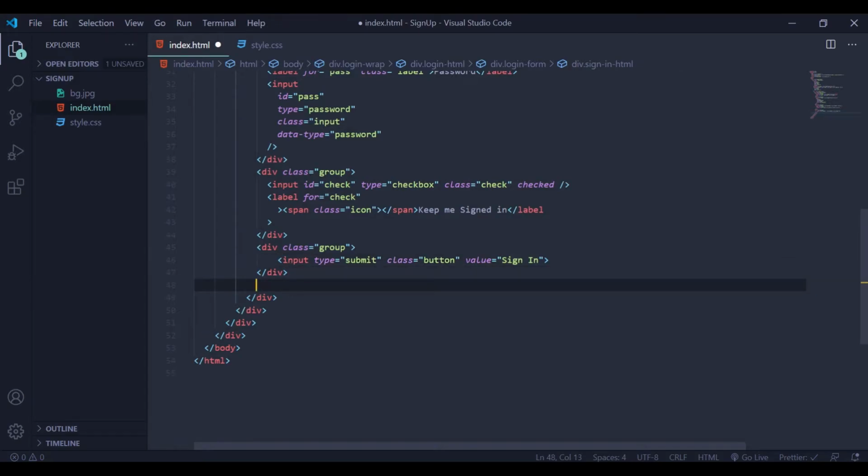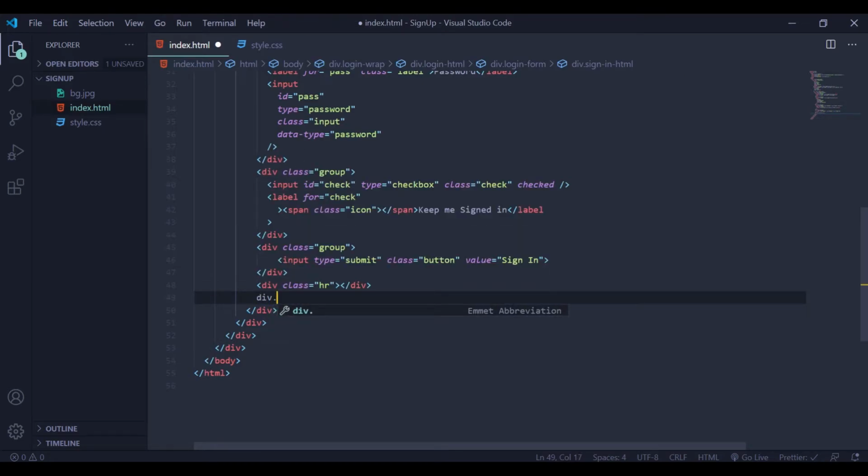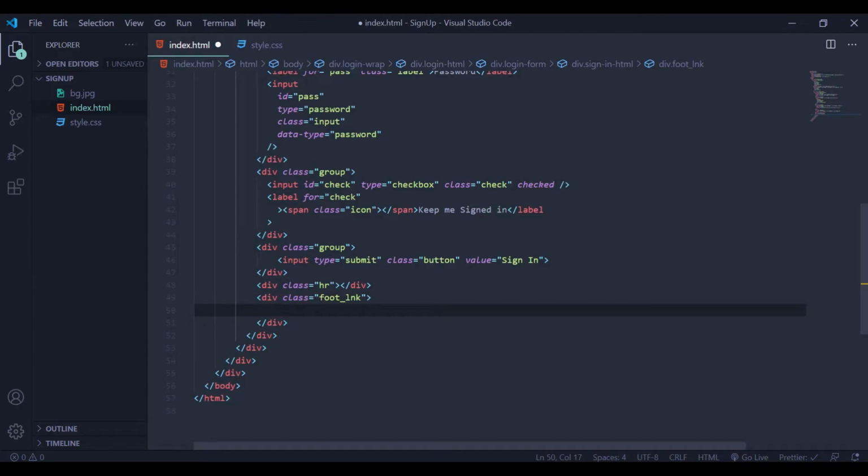So just come down here, and we'll include another div with the class HR. Create another one for the foot link, and we'll create another div with a class foot link. Here I want to include a link using the href, and we'll say forget password,